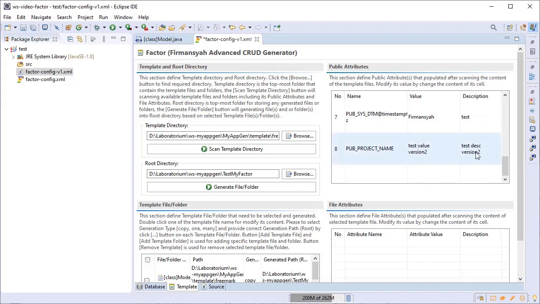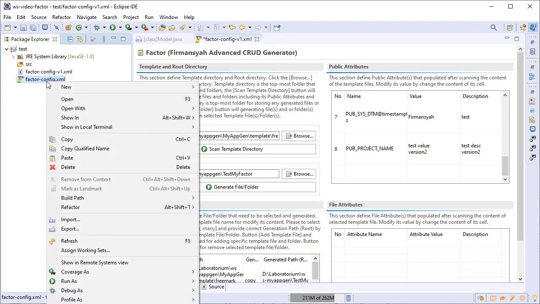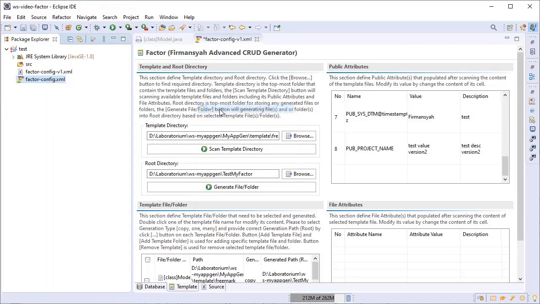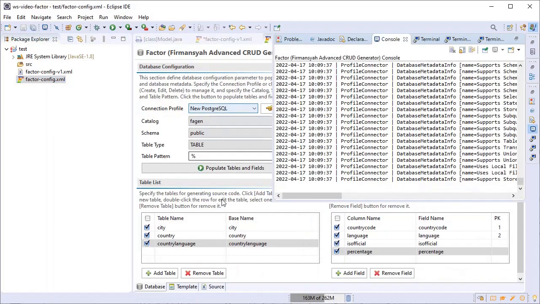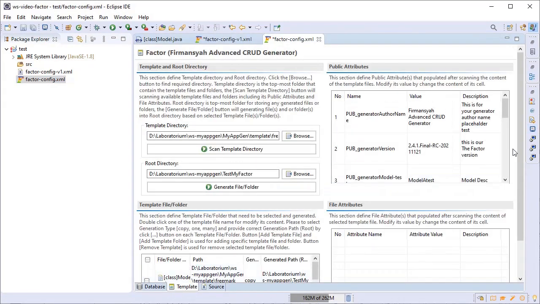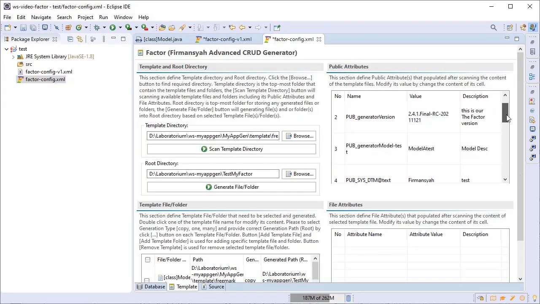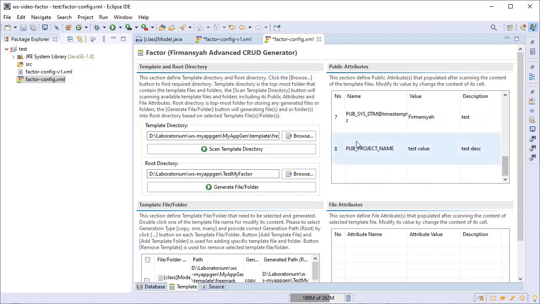This is version 2. You can compare it with the old one, the factor config.xml. Right click and then open with the factor configuration, and then go to the template page and find the public attribute. You can see this one is still the old value and description.